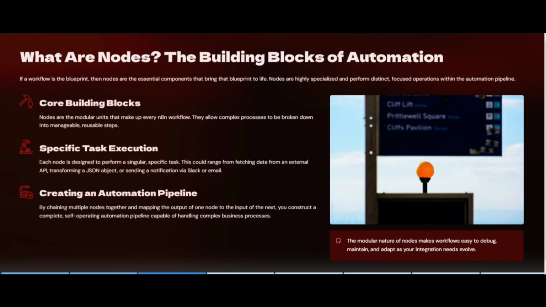You attach multiple nodes, multiple blocks, and you build the automation, like you are creating a wall. You put the first block, then the second, then the third, and like this you build the workflow and automation in N10. You are creating a wall, attaching multiple nodes one by one.